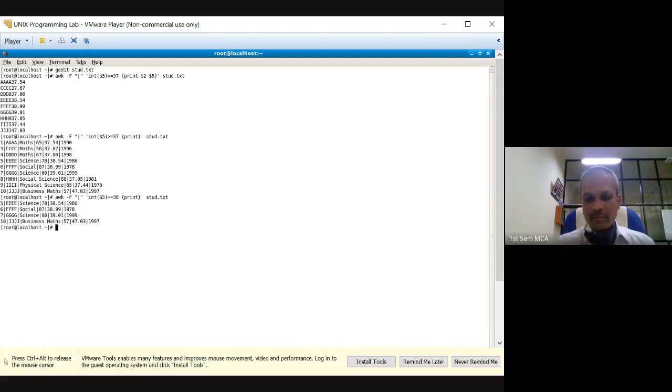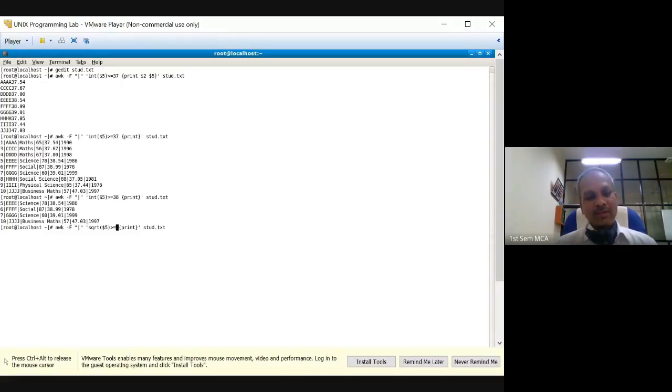Now let us come to sqrt, that is square root. So what I will do now is take the square root of $5. $5 typically has numbers from 36 to 47. That is the range of values I have now.